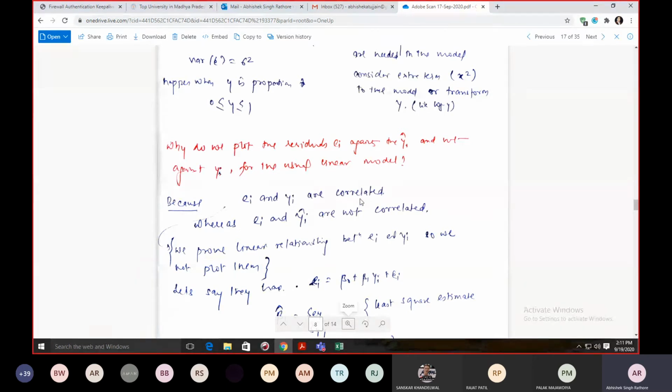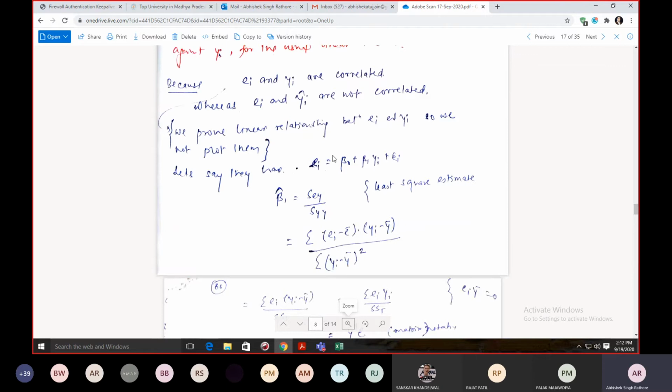If they are correlated, it means that they have a linear relationship, and we have to prove whether these values are linearly related or not. When we consider all these terms, we are assuming that these have a linear relationship, and again we are using data that is linearly correlated, so it doesn't make sense. So instead of yi, you can have estimated yi, because these are not correlated, so we'll get a better estimate of your data.